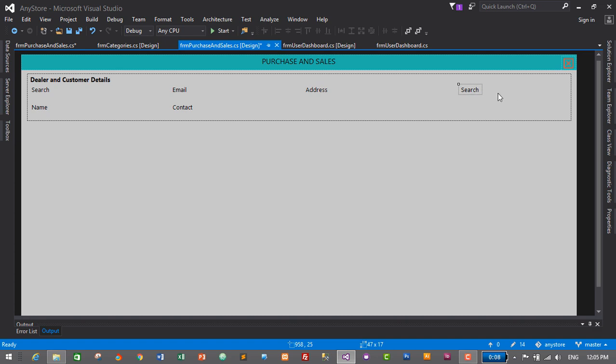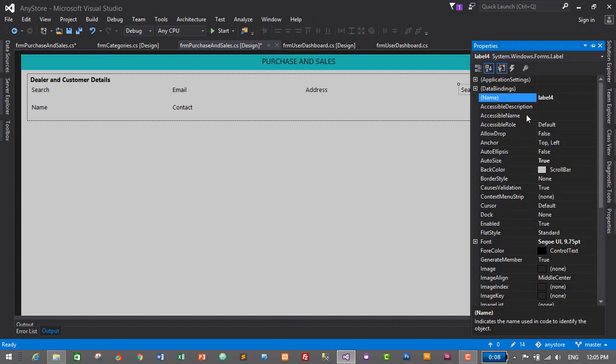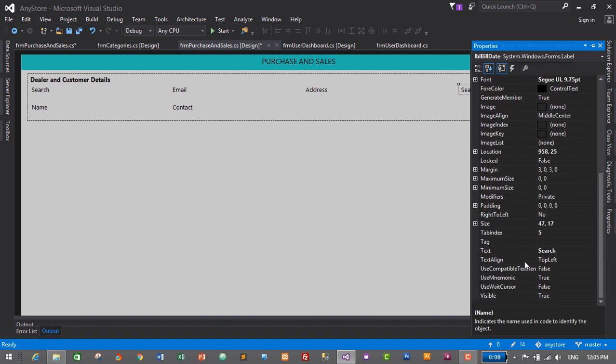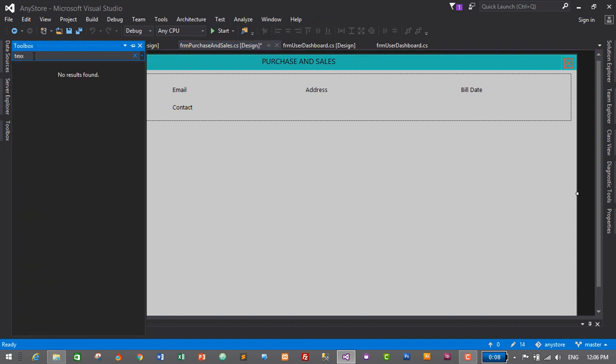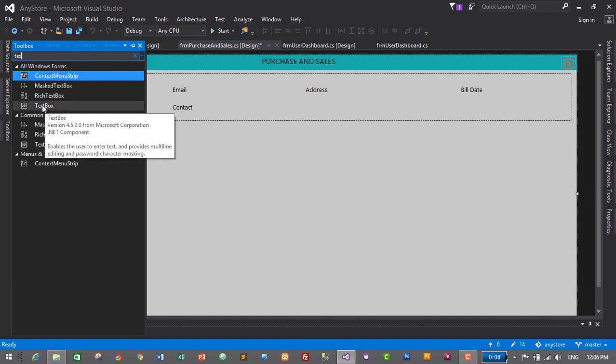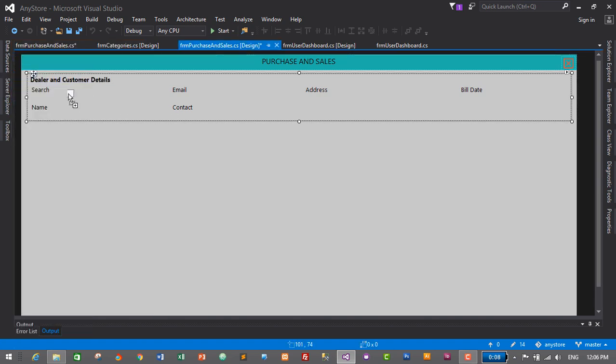So it will be a date when this transaction was confirmed. So I'll just select on this label and go to properties, and its name will be LBL bill date, and its text will be bill date. So that's it. Now we need to add text boxes for all of this. So I'll just go to toolbox and search for text box. So this is it. Now we need to just drag and drop in our form here, and let's change its